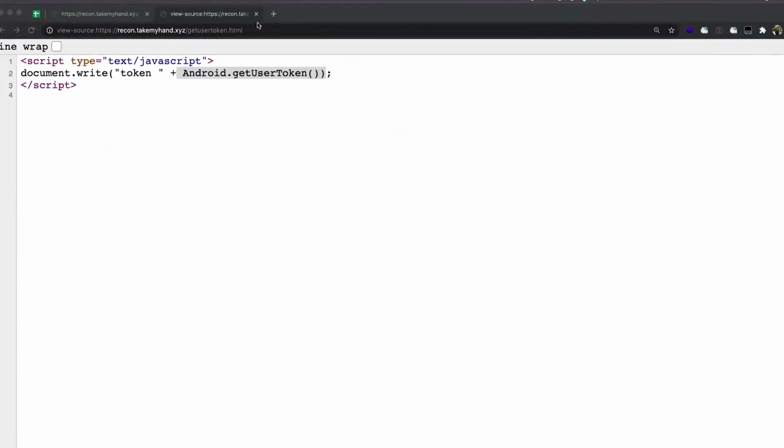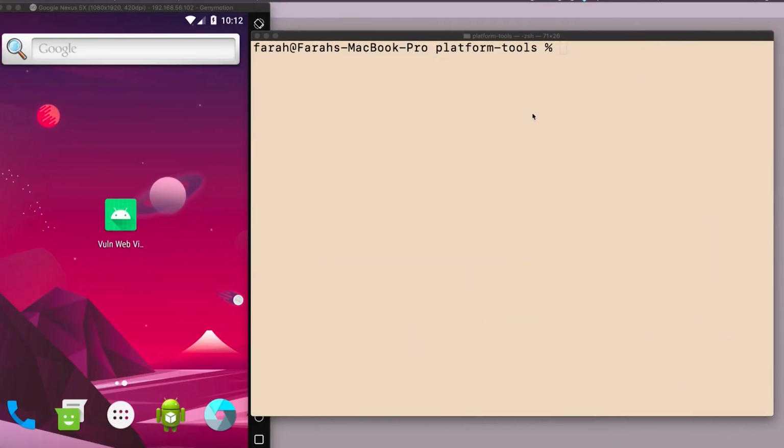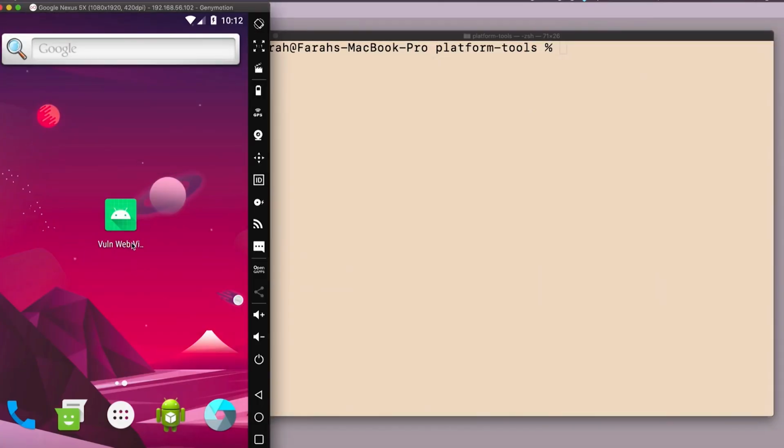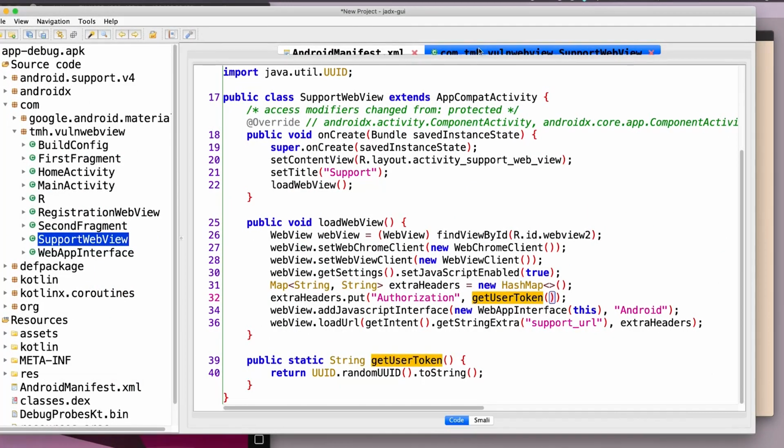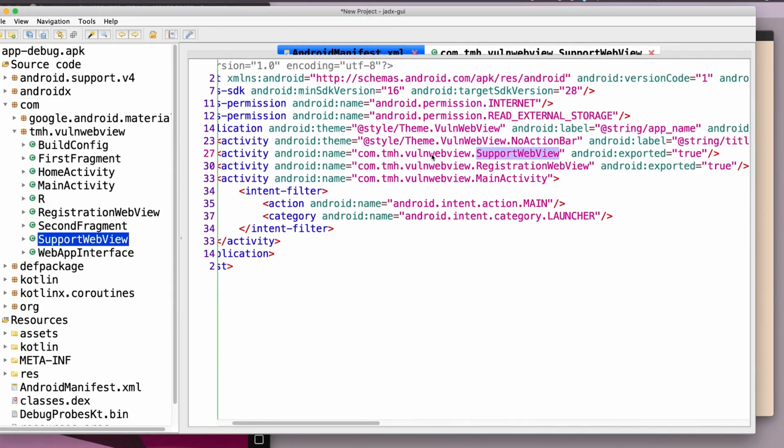So let's construct our intent now. I'm just going to copy this URL. For the construction of the intent, all the flags will once again remain the same as the previous ADB command. However, we will have to make a few changes because this exploitation is on another activity. So I'm just going to copy the name of the new activity.